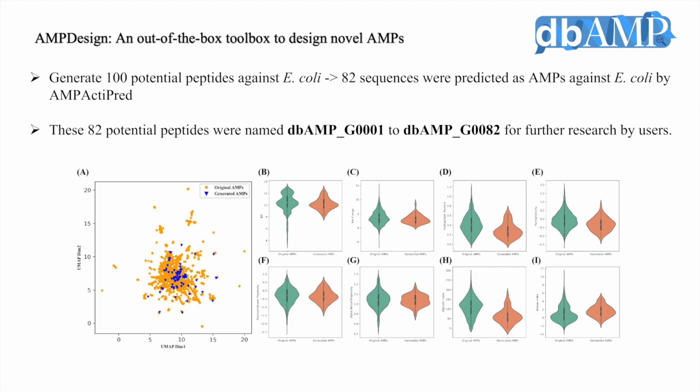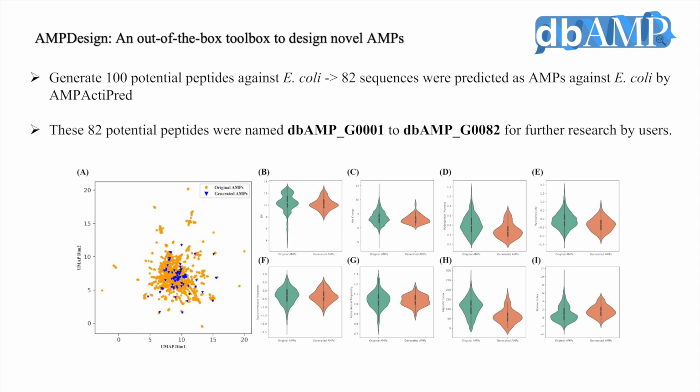This allowed us to observe the distribution of both the training set sequences and the newly generated sequences in hidden space. In Figure A on the left, we can see that the distribution of the generated sequences and the original sequences are very similar. This similarity indicates that AMPDesign effectively learns the characteristics of peptide sequence patterns, enabling it to